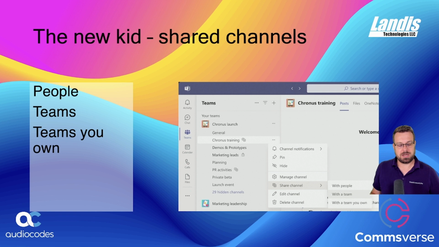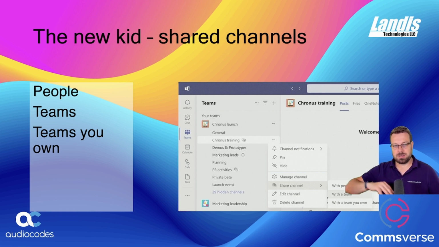You can also share it with another team. For example, another team in your organization. Don't think shared channels are just for external sharing. They are a good use for internal projects as well.